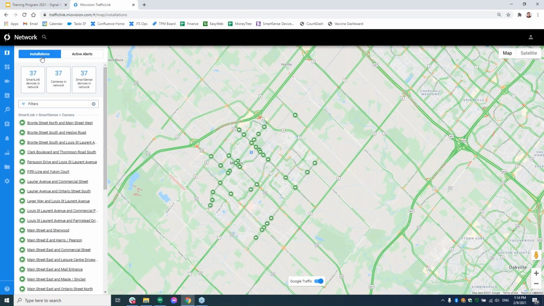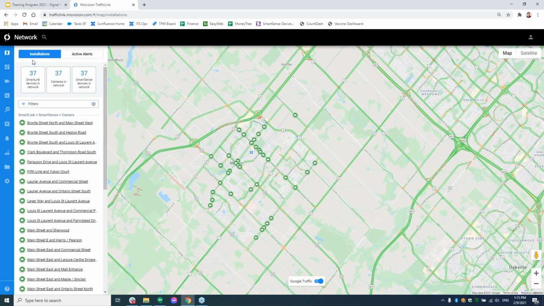One is called our installations, or our view of our network. We often heard from our customers that seeing the alerts and the deployments and everything all at the same time was kind of a messy map to look at. Not everyone really wanted to show it up on their screens because it always had problems, or it always had an alert that was persistent for probably a good reason. Or not, it was just always there, but you didn't always want to show those things. So originally we tried to give you the filters to remove them, but we decided it's just easier to separate the 2 concepts. So when you log in, you get a view of your deployment.